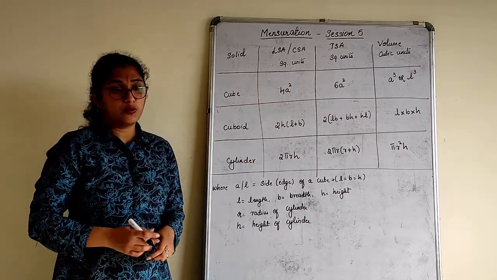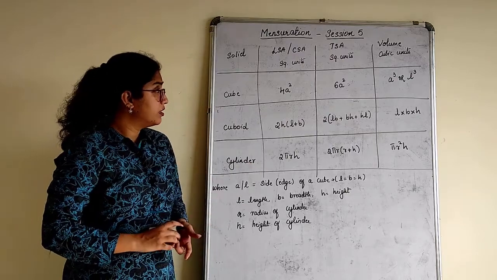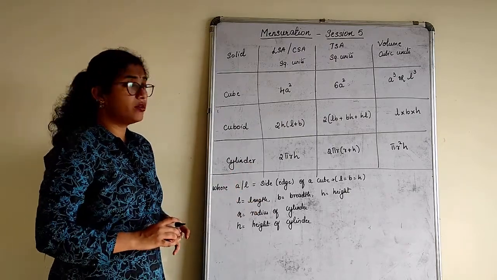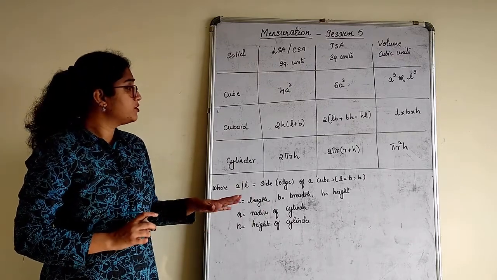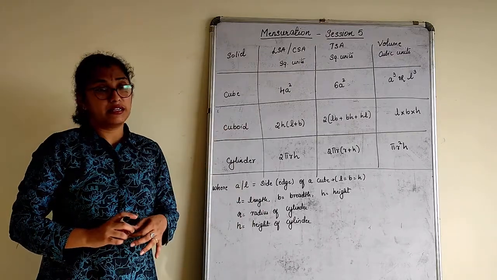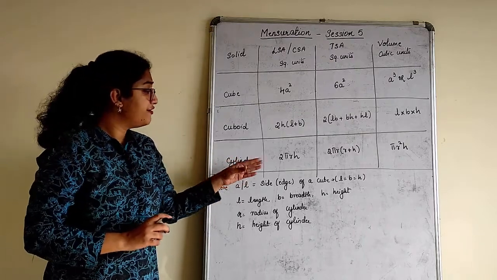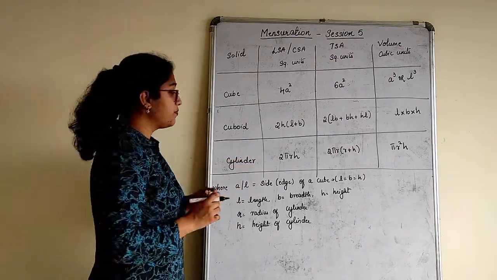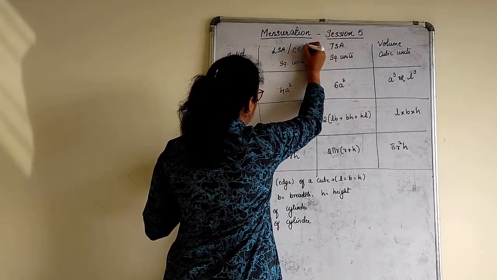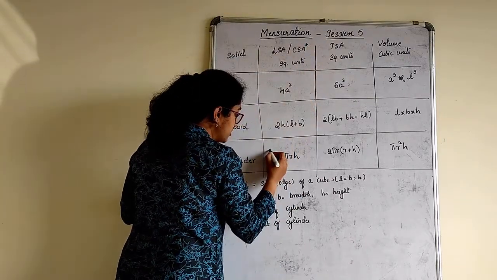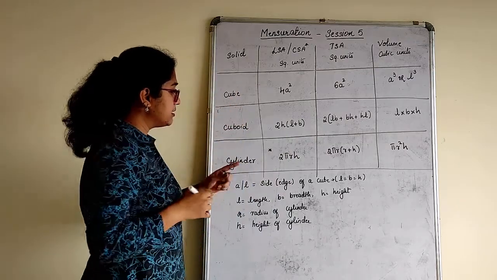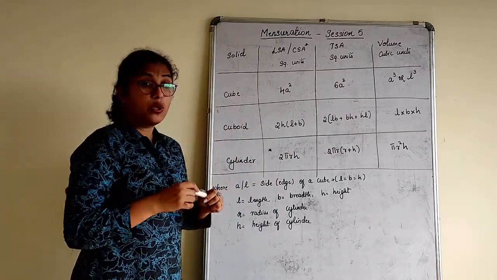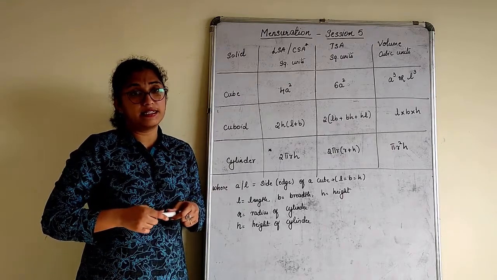Okay, these are the things you should know. The formulas are there, learn them once again. I'll tell you so that there will be no confusion here. Wherever we use cube and cuboid, we use LSA, and in terms of a cylinder, we use CSA. So if you want, we'll put a star here and a star here. That star CSA is only used here. The remaining two are for LSA. We'll quickly start with the exercise now.